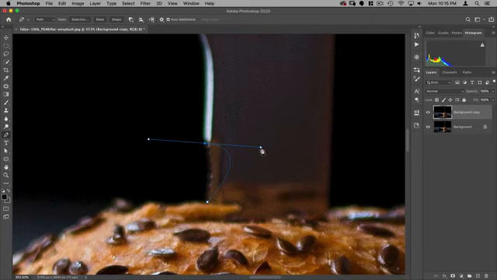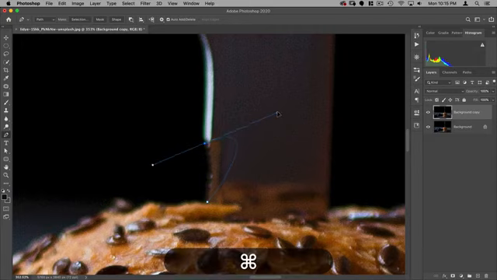I like to imagine that there's a rubber band tied from the end of this point to the middle of this line. So this line right here, imagine a rubber band tied from here to the middle of this line. So if I move this up, you can see that the rubber band is pulling it. And the further I pull it, the more it pulls, right? So just imagine that rubber band there from the middle of this line to here.